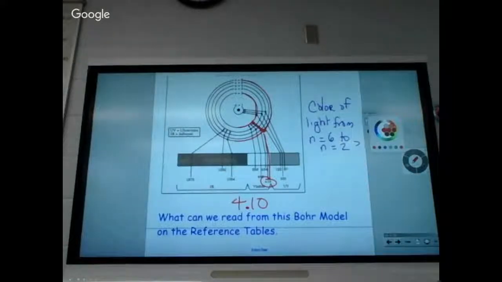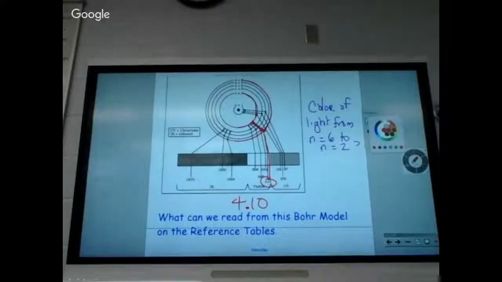Now, if you look on the back side of your homework sheet, or really the front and the back side, you are able to do the rest of your homework sheet from last night. The only question you cannot do is question number 21, because I never did the Bohr model. It said, given the following Bohr model, and I never drew the Bohr model. So we're doing it on the back.